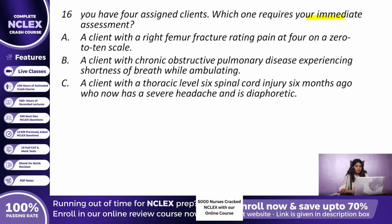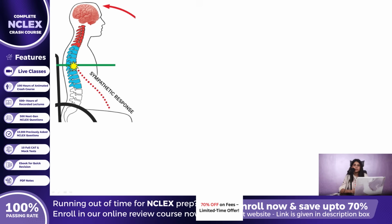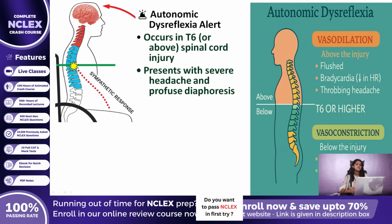C. A client with a thoracic level 6 spinal cord injury 6 months ago, who now has a severe headache and is diaphoretic. D. A client 1-day post-open cholecystectomy with green drainage from the T-tube. The correct answer is C. The client with a T6 spinal cord injury experiencing severe headache and diaphoresis. Because these signs indicate autonomic dysreflexia, a life-threatening emergency that demands immediate blood pressure assessment and removal of the triggering